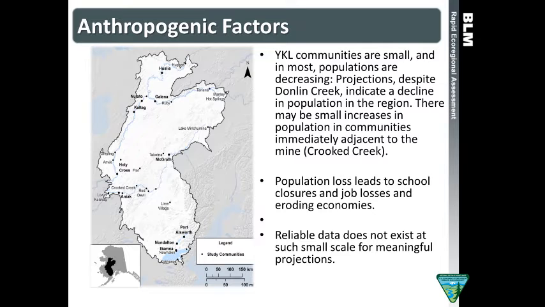And in general, that's just the socioeconomic conditions of the population here. The population is declining. There's a high unemployment rate, about 35% across the last 10 years. Schools are closing. In the last 3 years, I think 3 schools closed. And the data that's available to assess the socioeconomic conditions and make meaningful projections for the future is minimal. There are multiple problems with that. I'll get into it a little bit later.